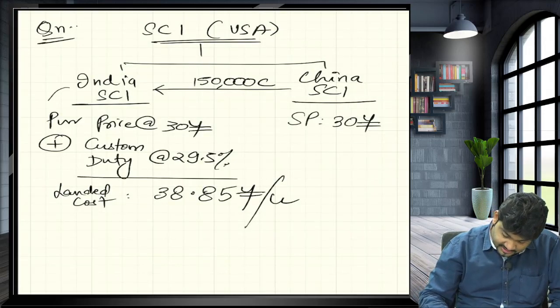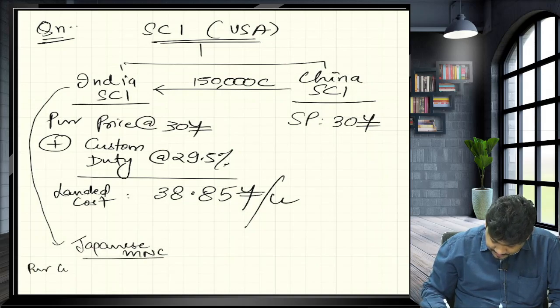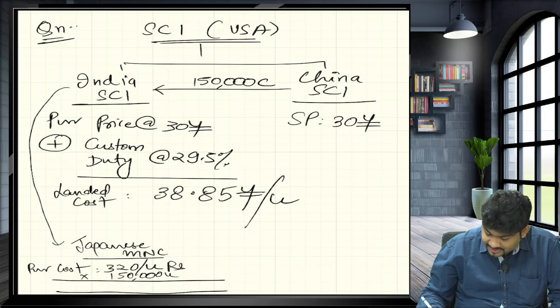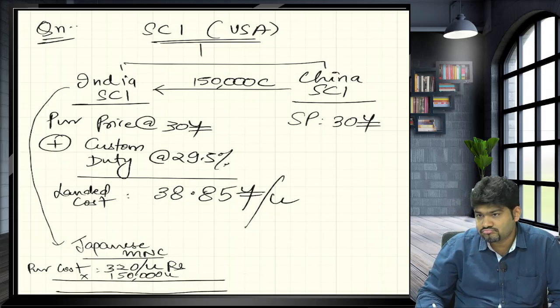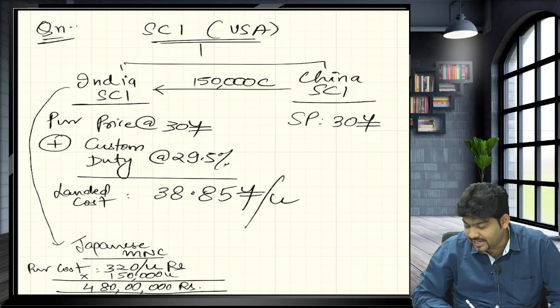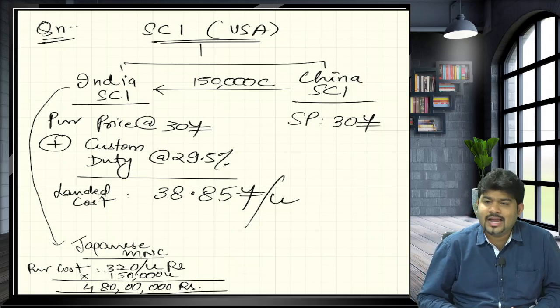So can I say if India goes to the Japanese MNC, what will be its purchase cost? It will be 320 per unit. Okay, yes or no? And this is rupees, no? Yes. Multiply by how many units? 1,30,000. So total cost if we purchase from Japanese counterpart will be how much? 4.8 crores. So 4 crore 80 lakhs. Are we clear? Chalo. So where should you purchase from, Japanese MNC or from China? Can I say we'll have to calculate and see, no? Yes. Wherever we are getting cost benefit, we'll use that, right?